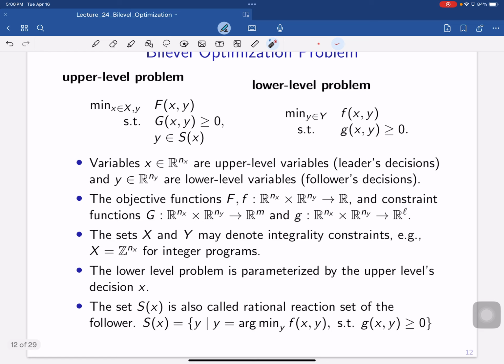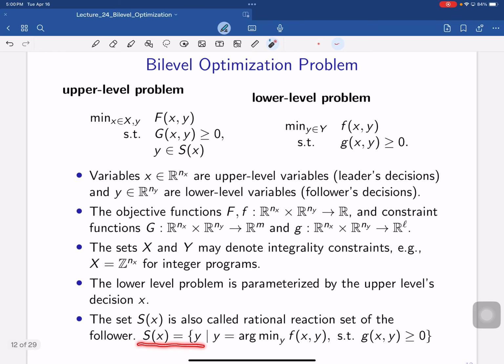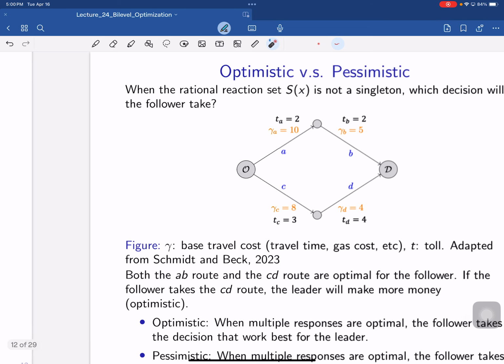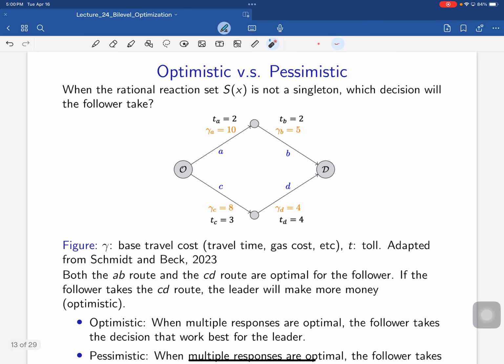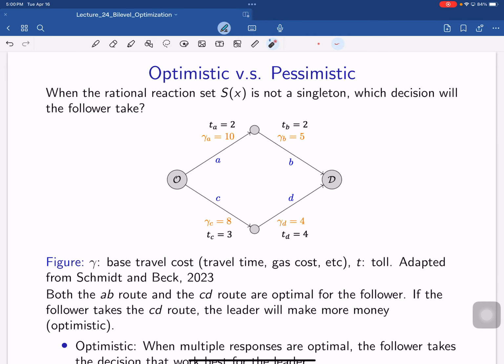So let's talk about when this best response is not unique. Let's look at this toll setting problem. Suppose the leader sets the tolls in the following way: the tolls for A and B are 2 and 2, and for C and D are 3 and 4. Now if you add them up,